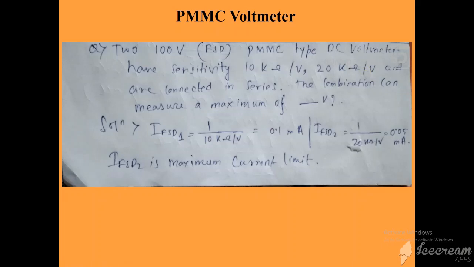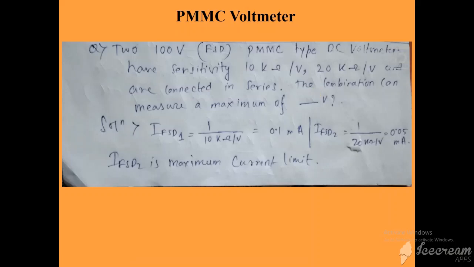And now we want to measure some voltage with that, and our question is what maximum voltage that combination can measure, and each one has 100 volt of full scale deflection. So what can they measure, 100 volt or 200 volt, or 50 volt? That we will see, right? Now this instrument has an internal resistance. We used to call it Rm, the resistance of the meter itself, the internal resistance. Since they are connected in series,